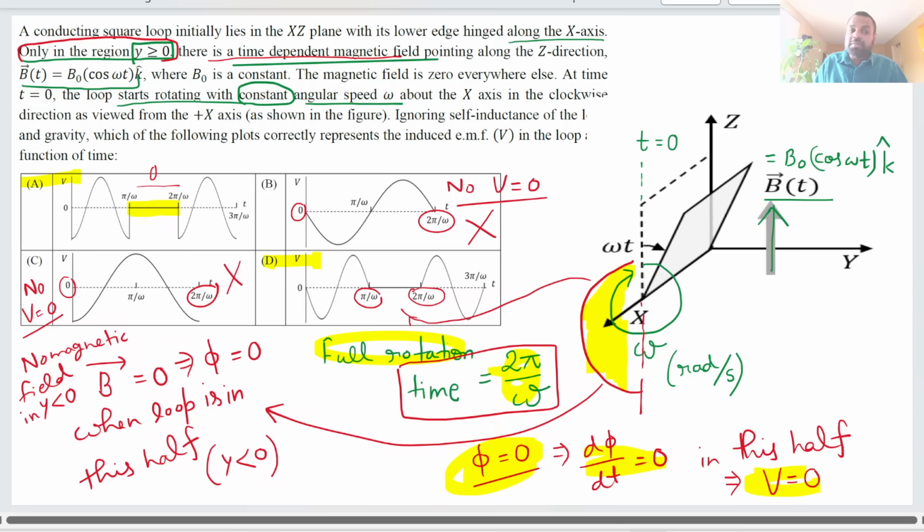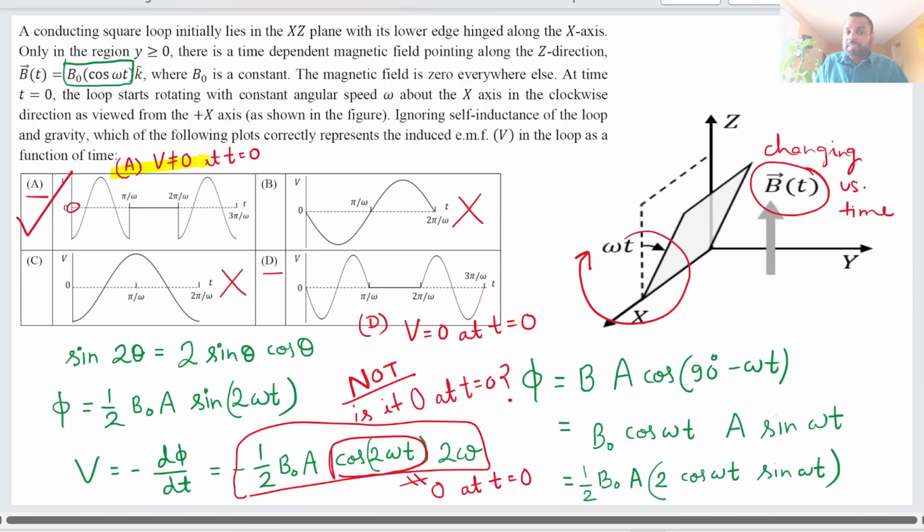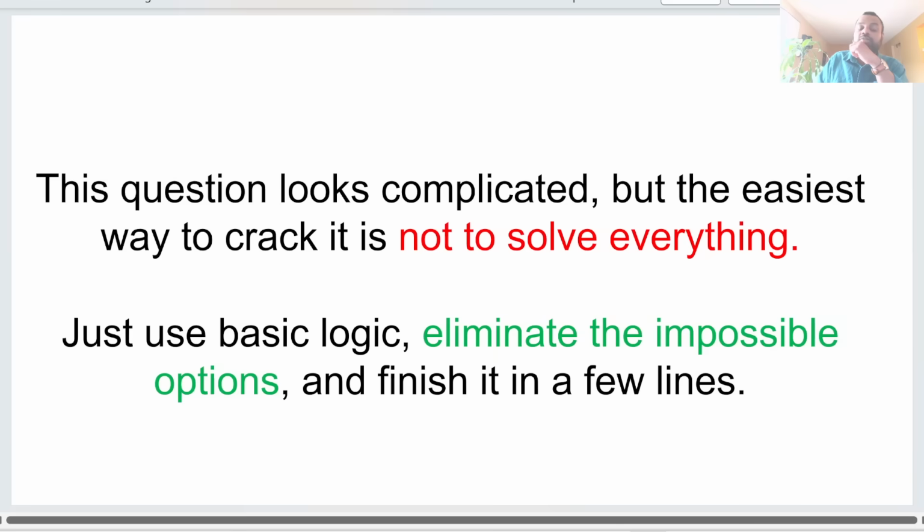अब बी एंड सी लेफ्ट, द फंडामेंटल डिफरेंस इज दैट v is not equal to 0 at t equal to 0, that's what a is saying, और d is saying कि t equal to 0 पे v equal to 0। तो जब आप ये बेसिक कैलकुलेशन करेंगे एंड you don't need to plot this entire thing, you will see that this is not equal to 0 at t equal to 0, so that means a is correct।